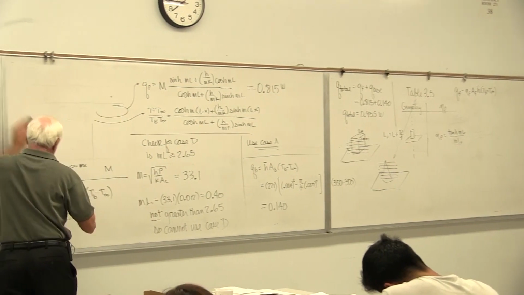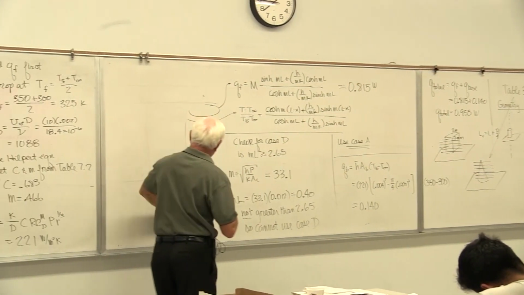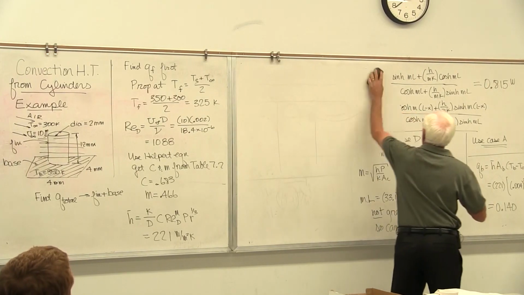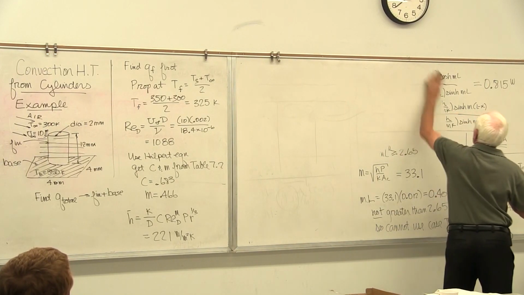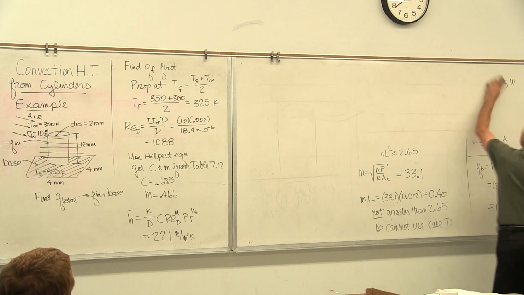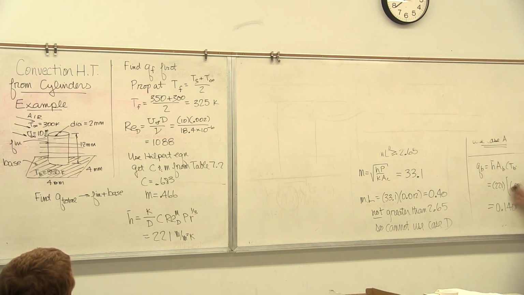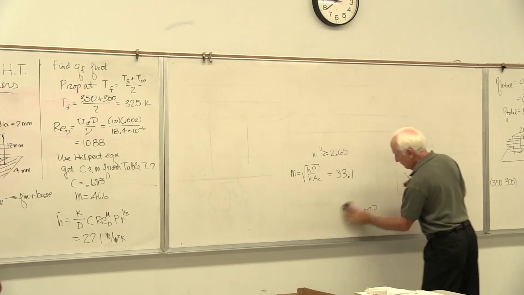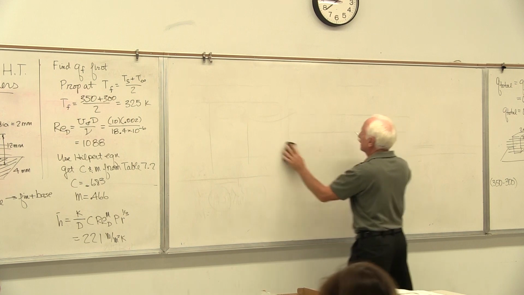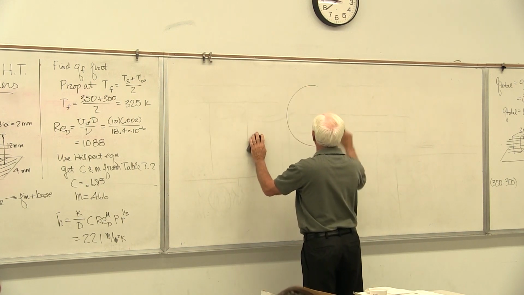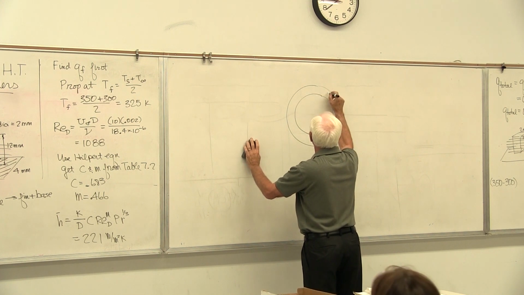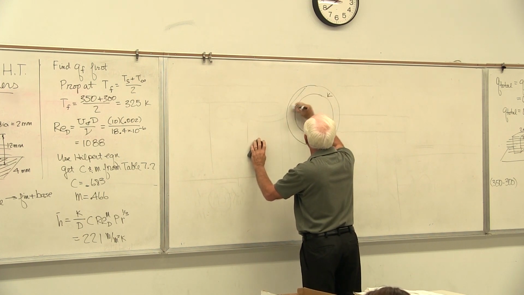When you're designing heat exchangers, you have tubes. Maybe it's in a condenser. You've got cold water in the tubes, and you've got steam coming out of the turbine or something like that. It could be a number of different cases, but let's take a look real quick at the cross-section of the tube. This is the tube material K.